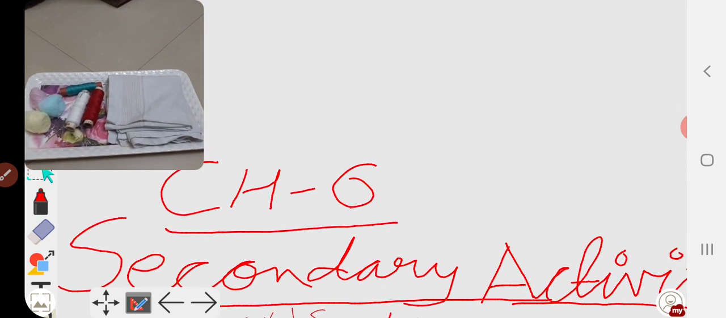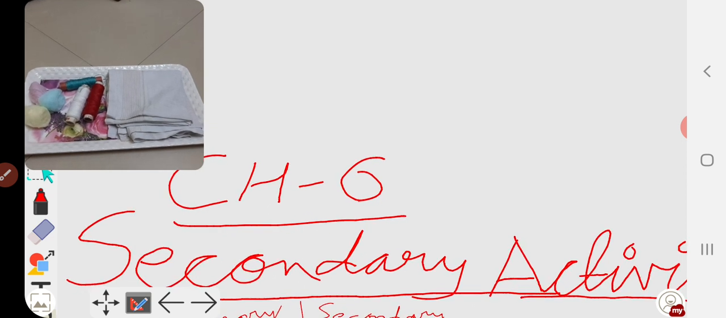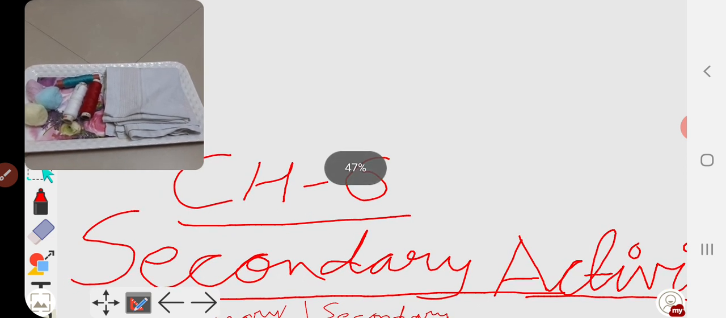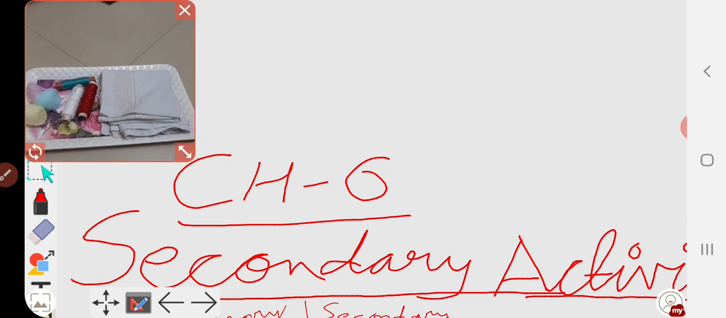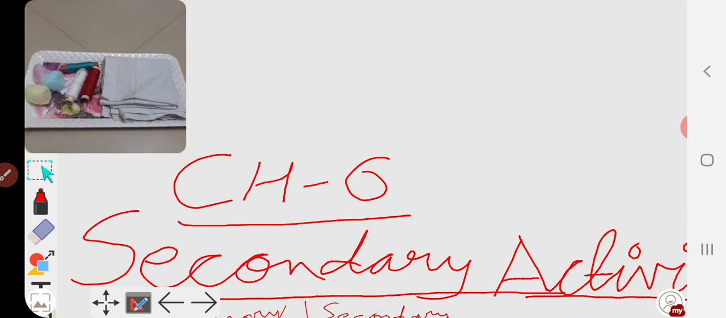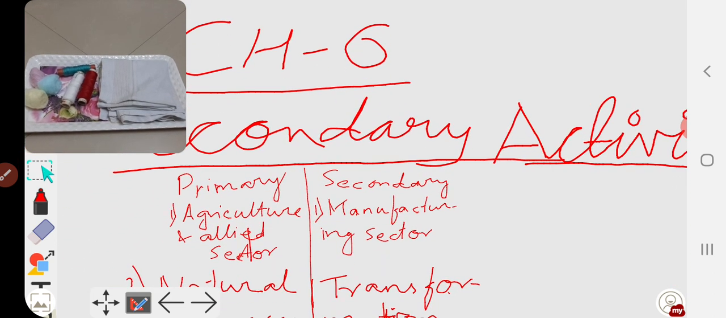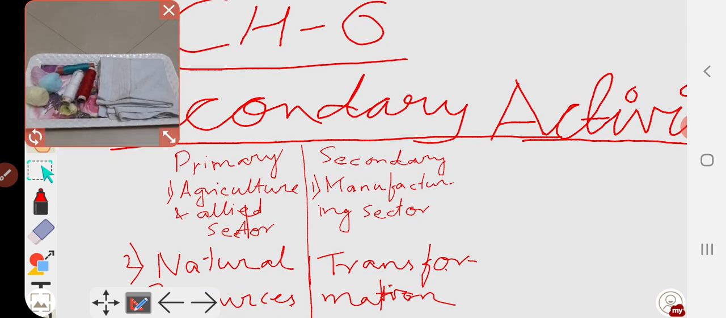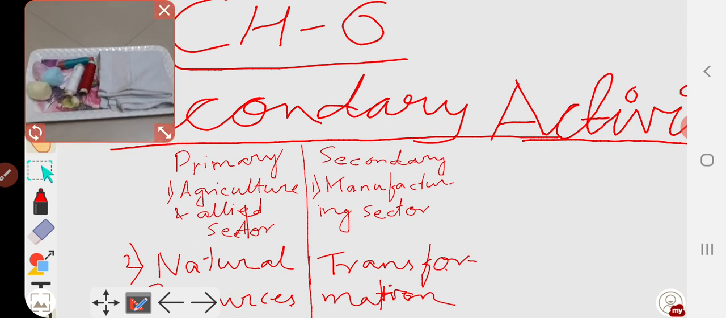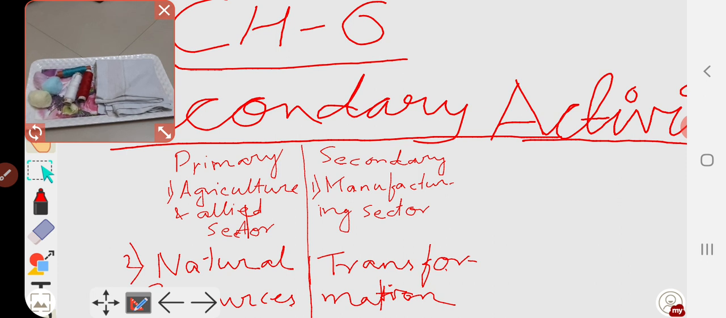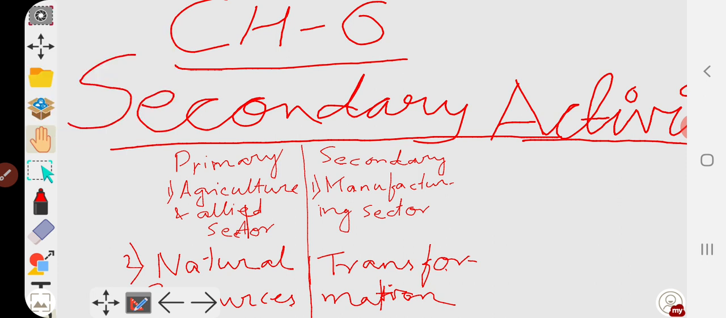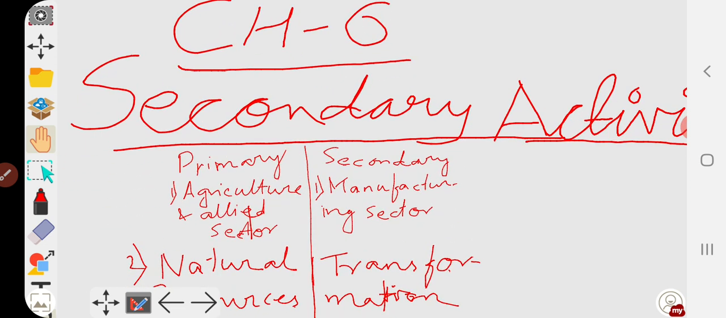Now we are going to discuss some of the topics under this chapter. This is my first class of this chapter. So what are the topics that I am going to discuss today? The topics are: number one, what is the difference between the primary and the secondary activities, the primary activities that we discussed in the previous chapters. So today we will discuss what is the basic difference between primary and secondary activities. Then